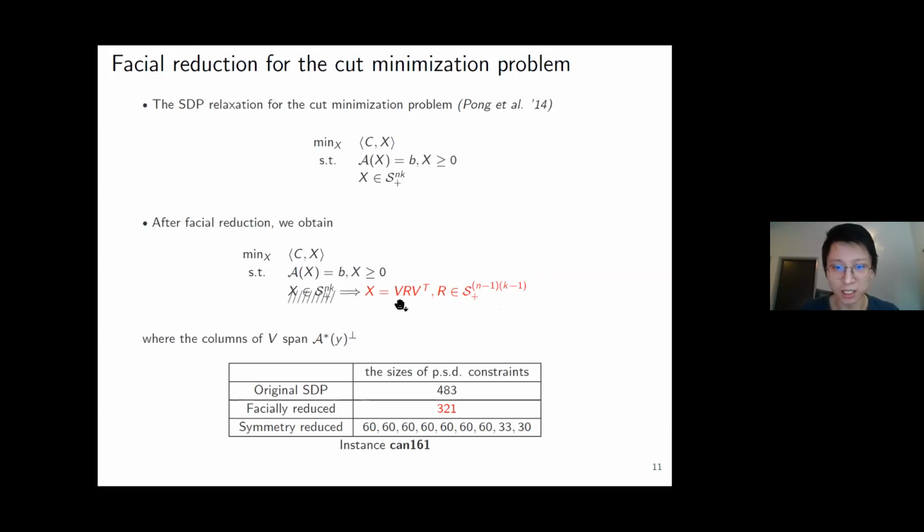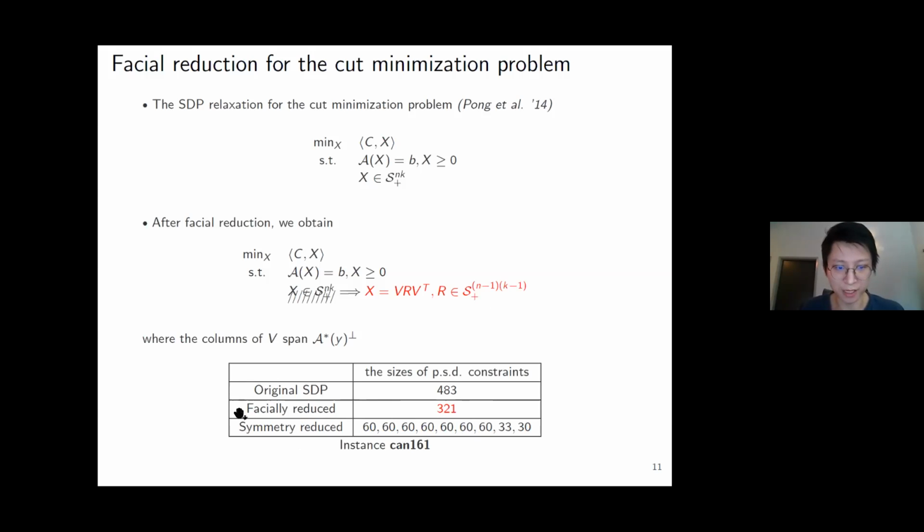And actually, it has become strictly feasible. There exists a feasible solution R which is positive definite of this size. In terms of size, we see that the original problem is nearly 500, and after the facial reduction, the size becomes only around 300. So in terms of size reduction, symmetry reduction did a lot better, but